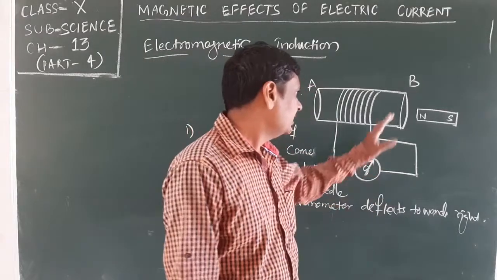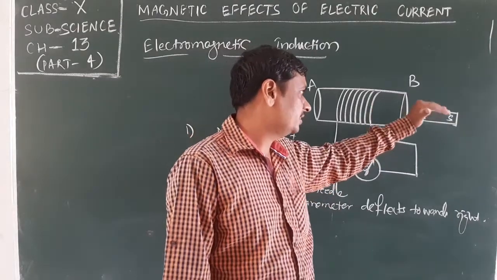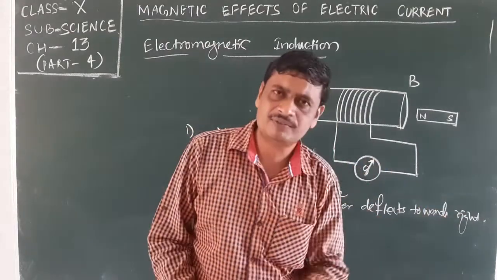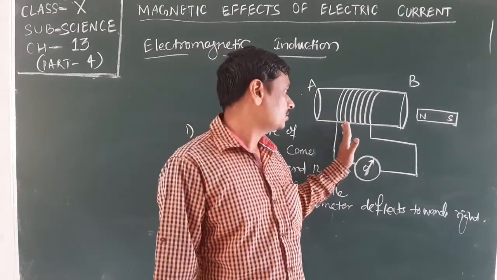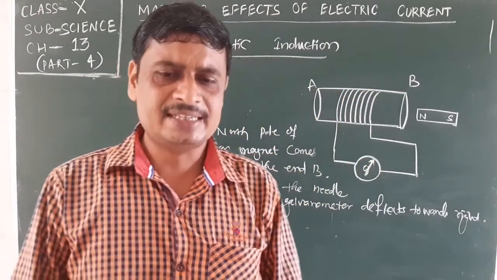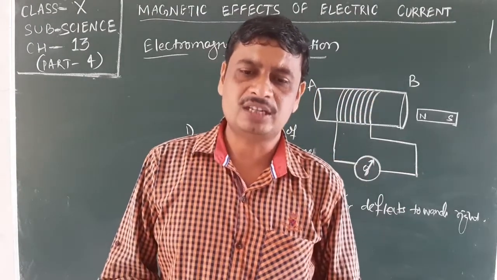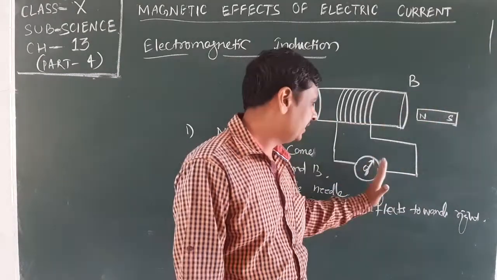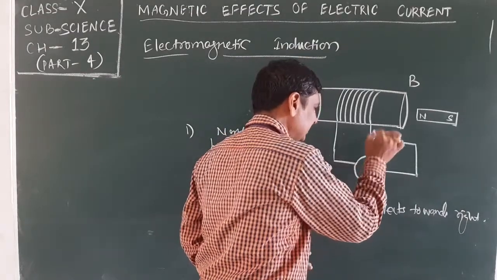So since this bar magnet is introduced, when it is pushed into or taken towards this end of the coil, and we observe the deflection of the needle of this galvanometer, then we can conclude that some current will pass through this coil AB. This indicates the presence of electric current in the coil AB. The deflection becomes zero the moment the motion of the magnet stops. When the bar magnet stops, the needle of the galvanometer again comes to its stationary position.